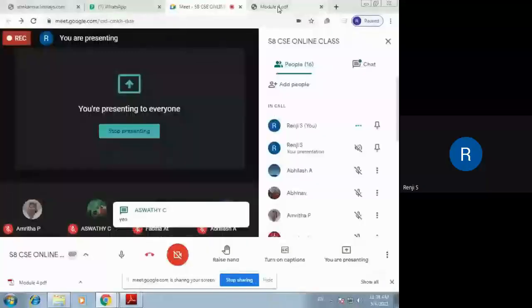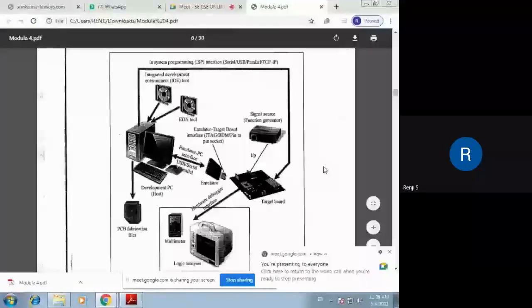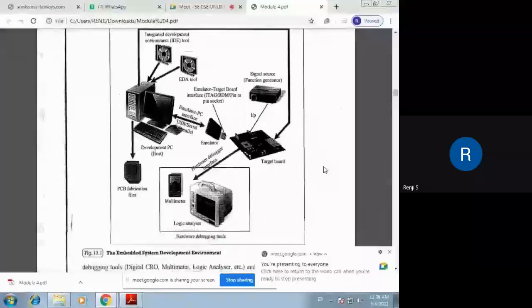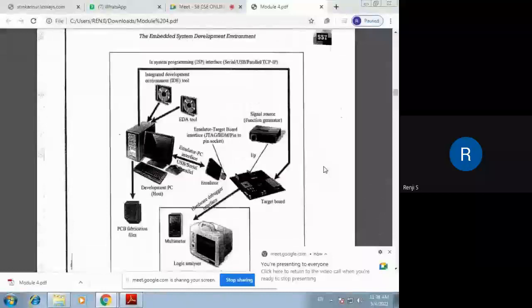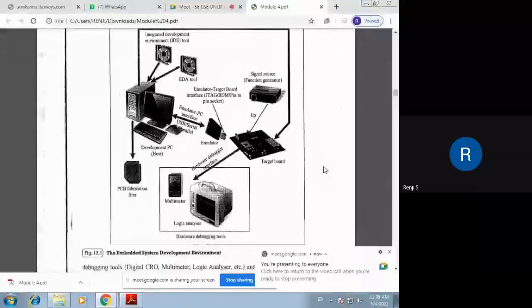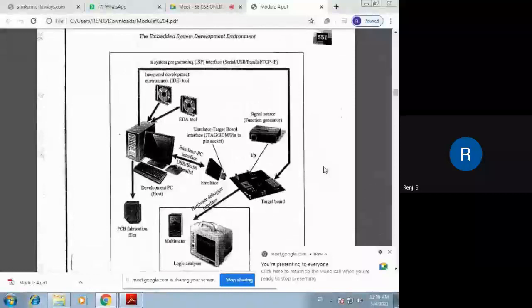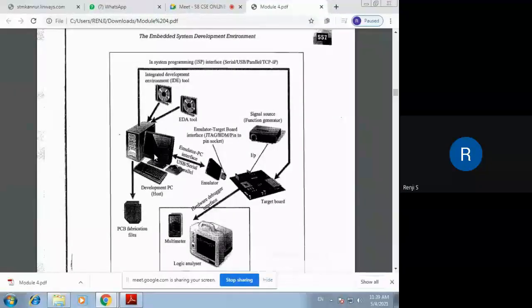So this is the development environment. You may not be able to draw this picture, but you can just provide the components that make up the environment. There are around 7 components, and the PC forms the heart of the development environment. It is the PC that controls and communicates with all other devices. You need a PC to develop the firmware, and once we develop the firmware inside the PC, you can transfer it into the target board. We have seen how we can transfer the firmware into the target board.